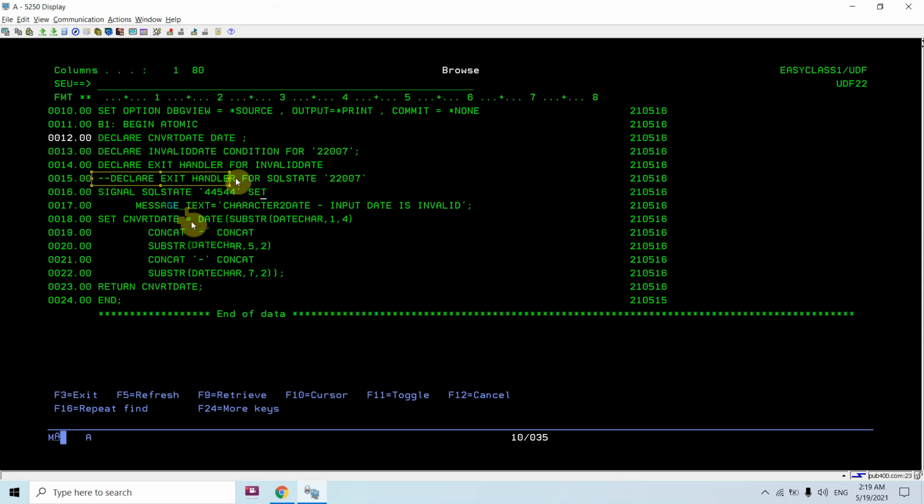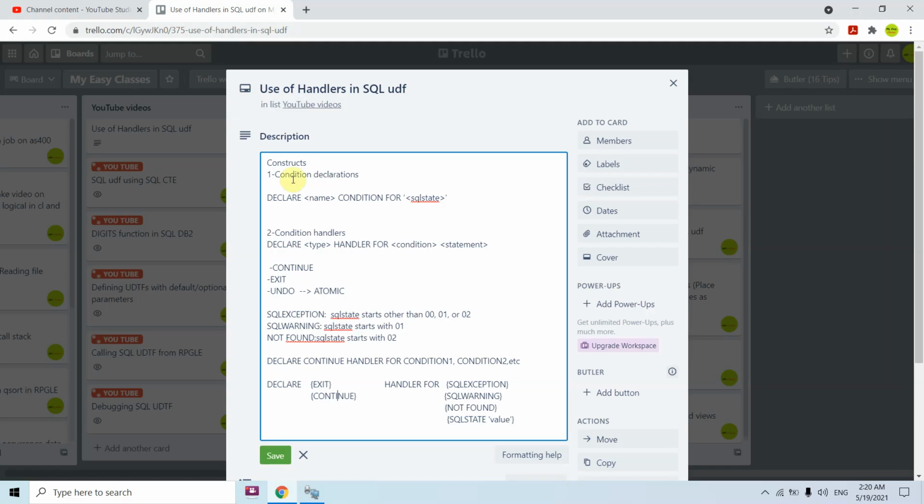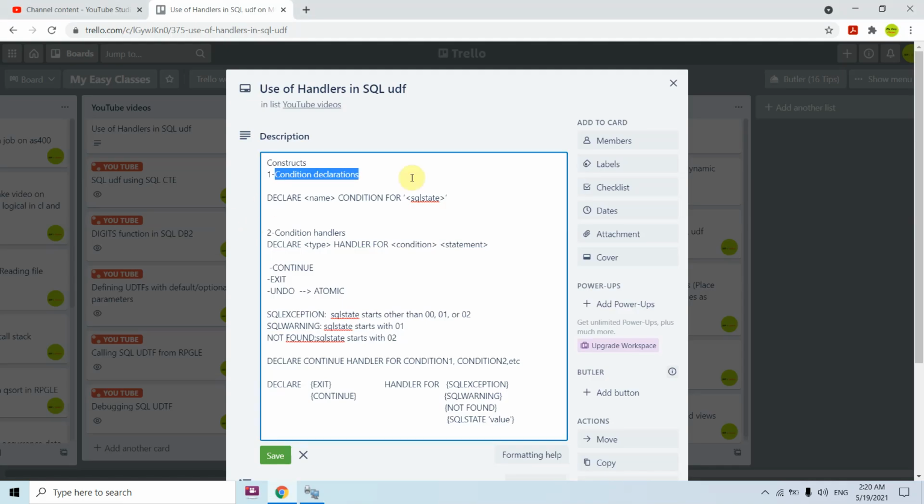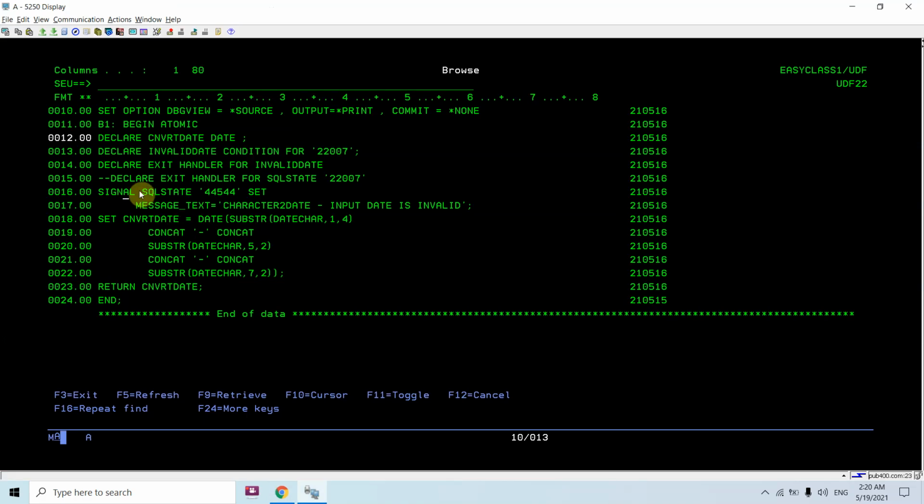So either I can define it like this or I can define it like this. That is, first declaring the condition as I described here, declare invalid date condition for this SQL state, and then I can use that in the handler, declare exit handler for condition, for my condition.